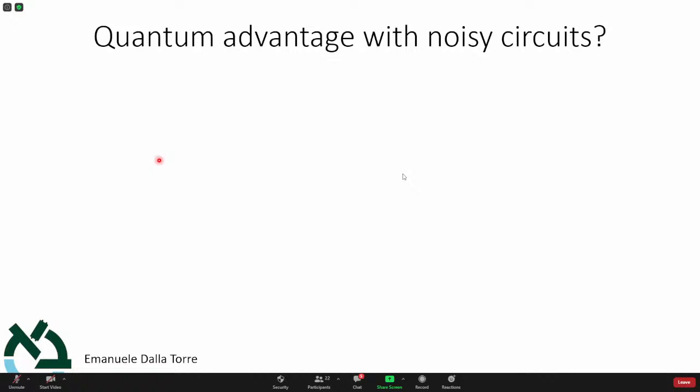But here, let me define what I mean by quantum advantage. What I mean here by quantum advantage is to show some effect that is really quantum, to be sure that it's really quantum mechanics that we are playing with here, and not just some complex classical system. And you probably all remember from your undergraduate classes of quantum mechanics that this was a big question at the beginning of quantum mechanics.